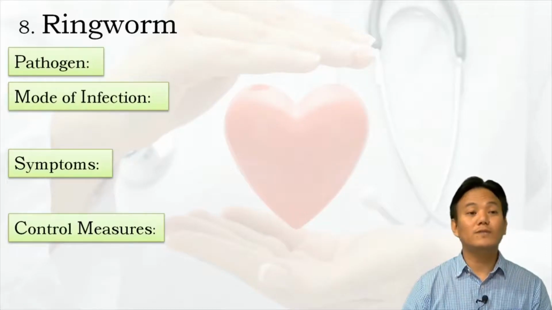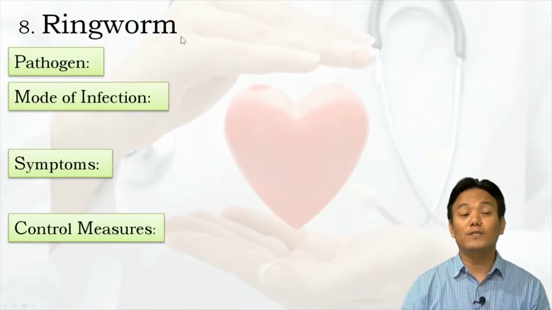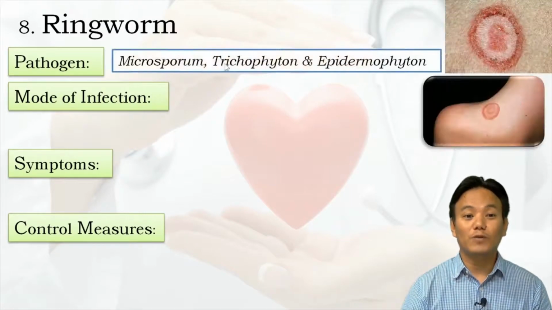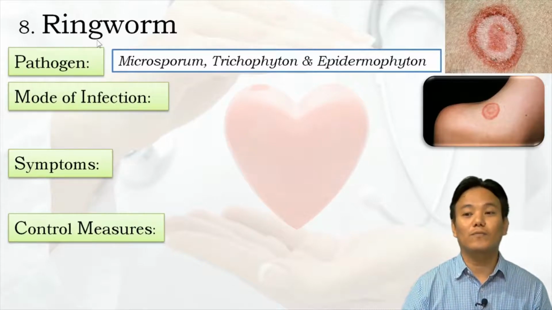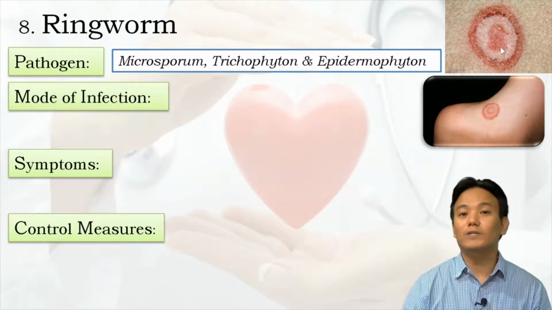All right, we will now discuss a very infectious human skin disease caused by fungal pathogens. Okay, so the name of the disease is ringworm, and the pathogens responsible for causing ringworm belong to the fungal genera Microsporum, Trichophyton, and Epidermophyton. So these are the three fungal genera, the species of which can cause a disease called ringworm in human beings. Right? So you might have seen people suffering from this particular disease. It's called ringworm. Okay, but don't confuse, this is not caused by worms.